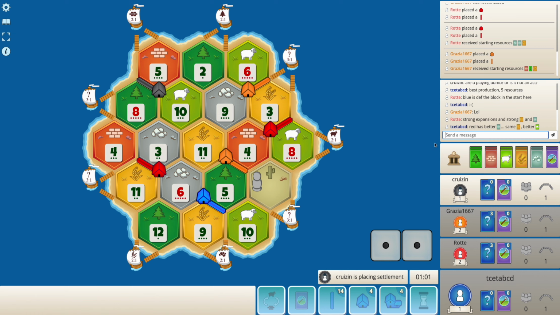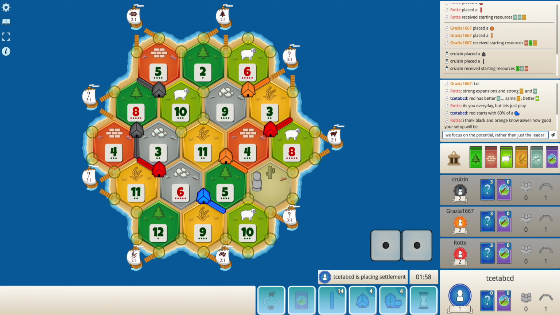Yeah, I mean, this doesn't make a lot of sense to me. Red does have better ore than me. We have the same amount of wheat, especially when it comes to counting pips. So now, I mean, black just has way better